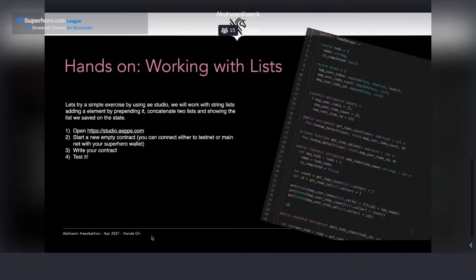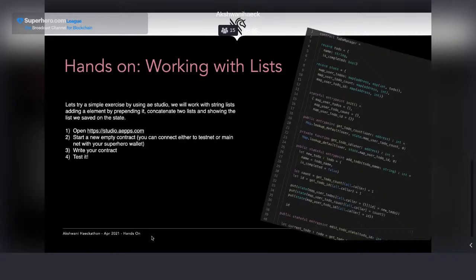The following hands-on we have is a little bit more complicated. The idea is to start working with lists. Usually we solve almost everything with lists, maps, and you are done. Of course, it depends on the logic you need, but usually you work with that pretty much, and it's pretty much it.